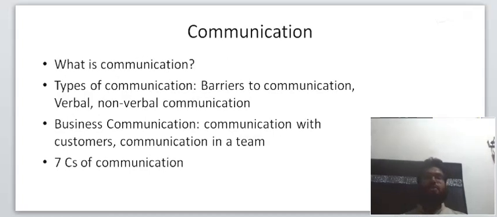In communication, I'll introduce what communication actually means, what are its different types, and then what are different barriers, obstacles, problems which cause confusion and misunderstanding when communication is going on. So if you know these barriers, you can overcome them, you can try to avoid them so as to make your communication confusion free. Nobody should be confused about what you are saying.